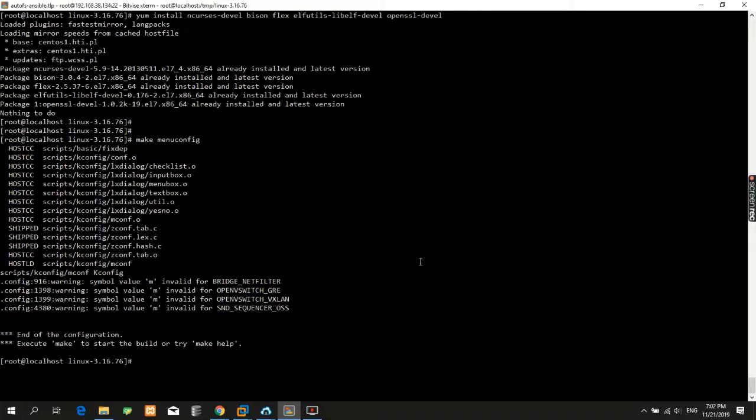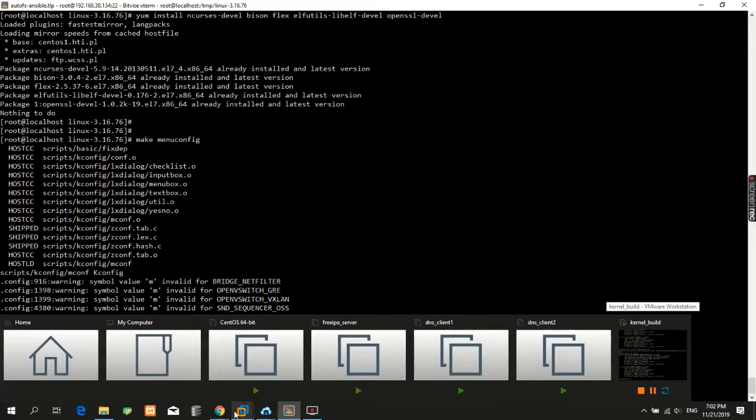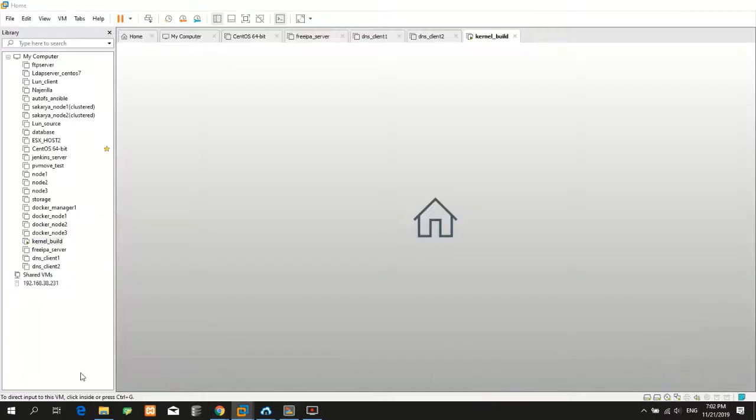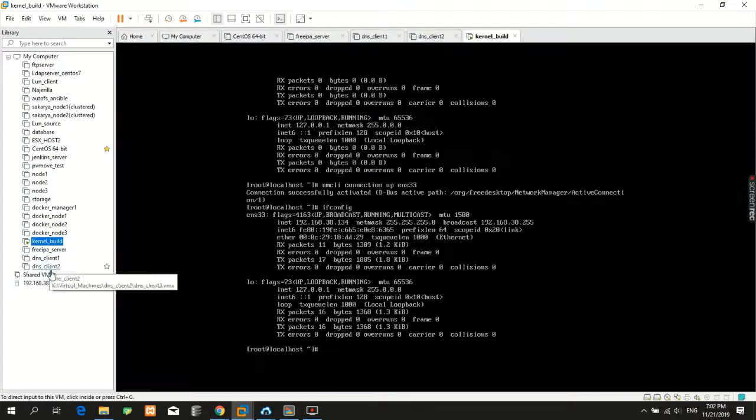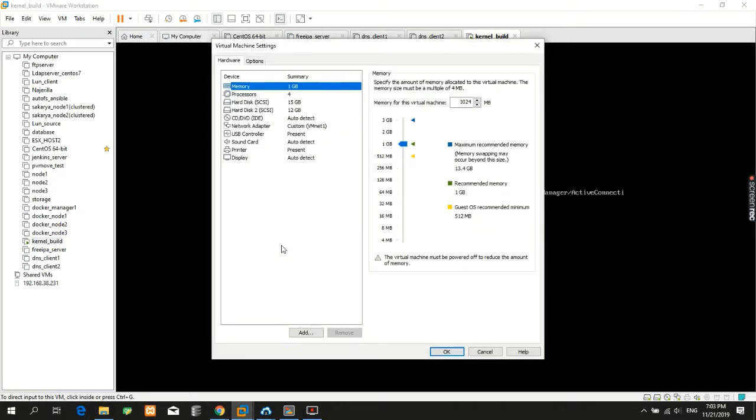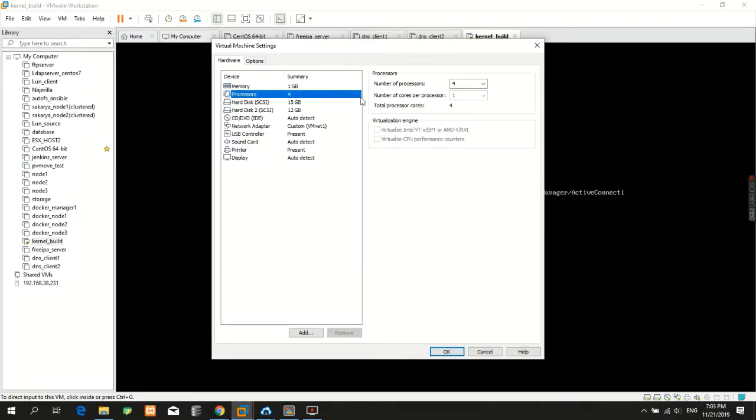I mean, at least 1 hour. It depends on your server's configuration, also server hardware. That's why here I added 4 CPUs on my machine. I have 1 giga of memory, but I have 4 cores